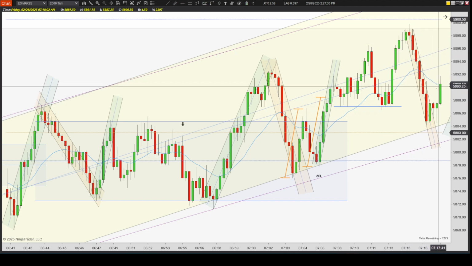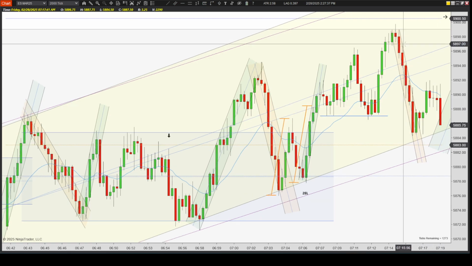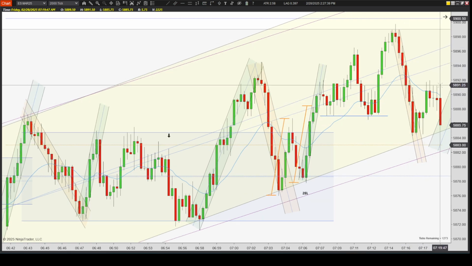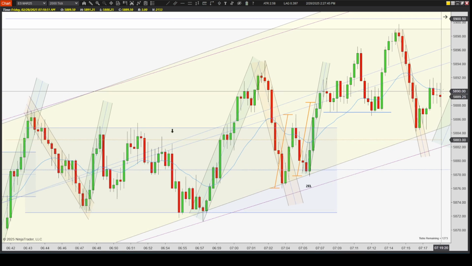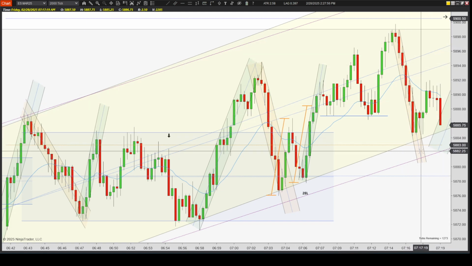First entry long. I wanted it to break and test below the low, bounce off this yellow up channel before deciding to go long. Let's say first entry long, technically you have a second entry long, but this is the signal bar, which is terrible. So now this is still the signal bar, but then this follow-up trigger bar is too bearish. So I'm not thinking of going long now, because I'm thinking this orange down channel is going to test this low before it bounces, before any appreciable bounce I could